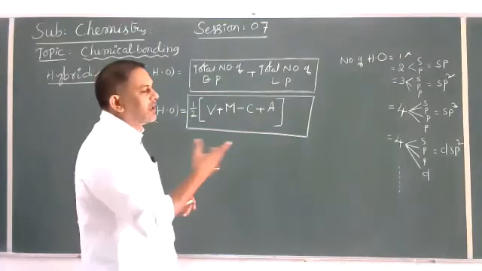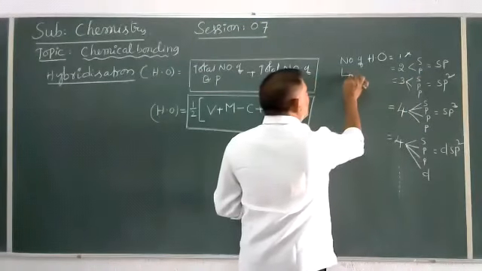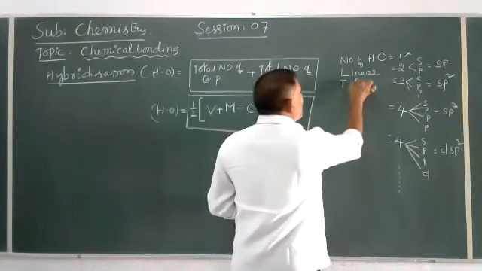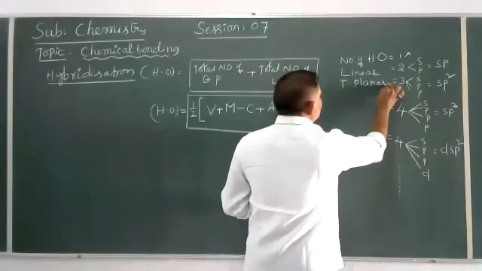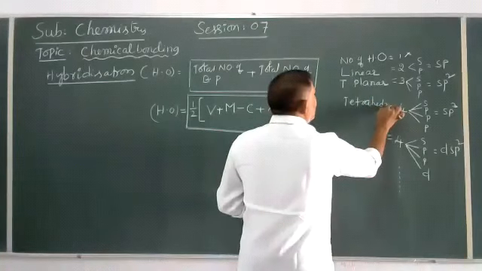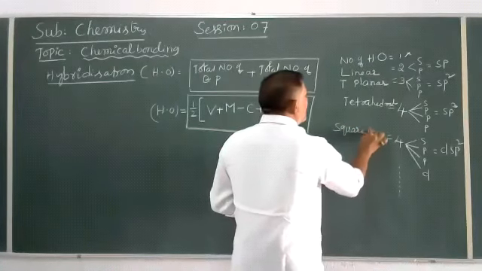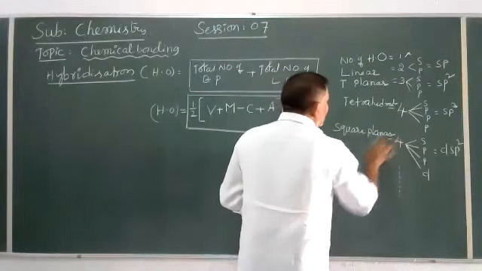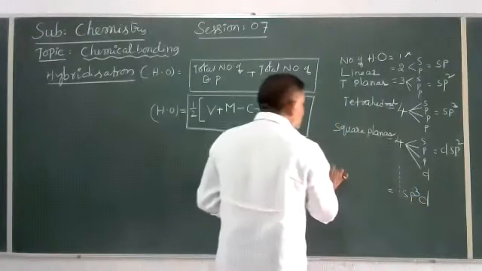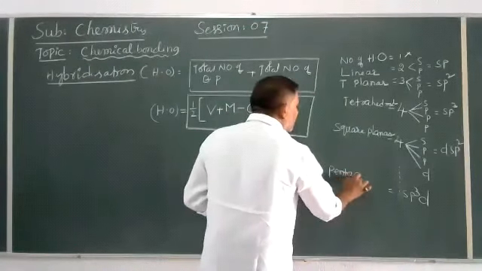So we know the hybridization. On the basis of hybridization, geometries are there. If it is sp, that is a linear shape. If it is sp2, that is a trigonal planar structure. sp3 is a tetrahedral structure. dsp2 is a square planar structure. If it is sp3d, that is a bipyramidal structure, trigonal